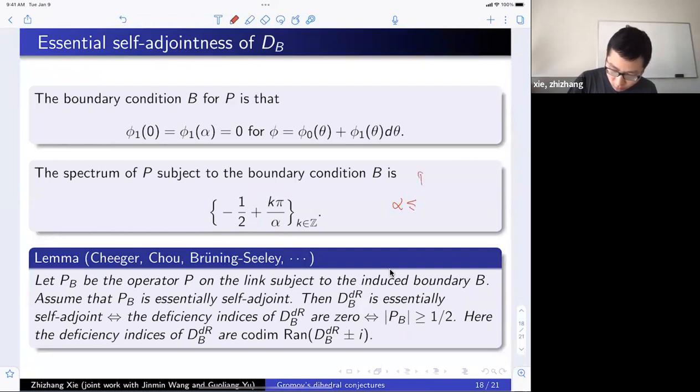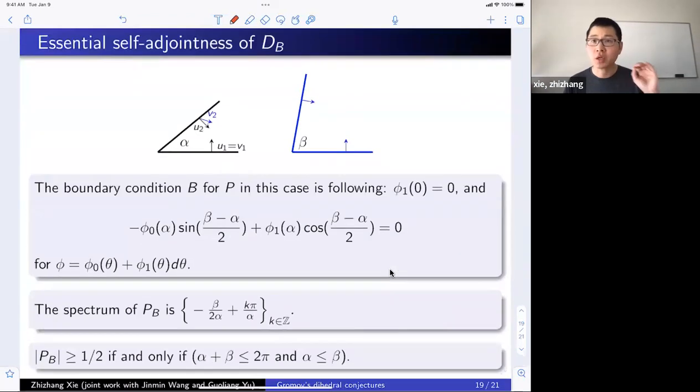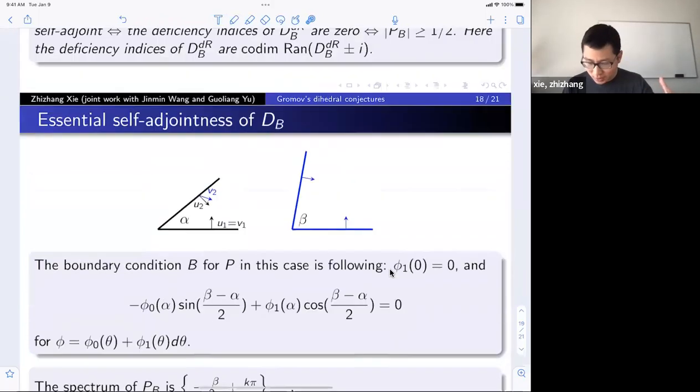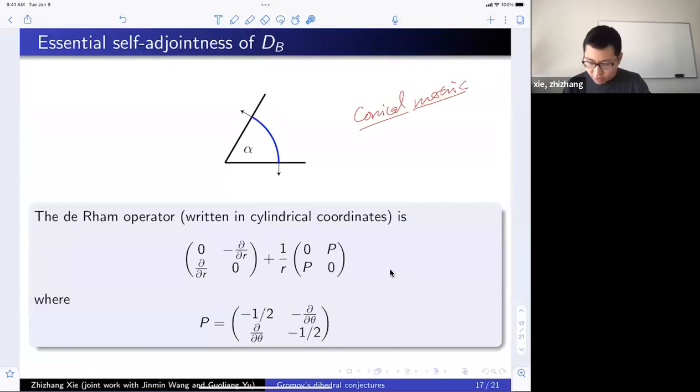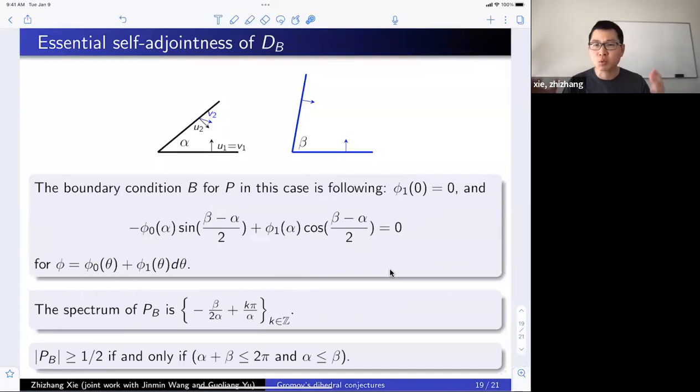if and only if alpha is less than or equal to pi. Okay. Now, maybe I should quickly stop. So now, of course, this is a very basic trivial case, but you can imagine our maps would come in, because it's not really the standard de Rham, because it would have some angle rotating. The boundary conditions are not exactly the standard boundary condition.